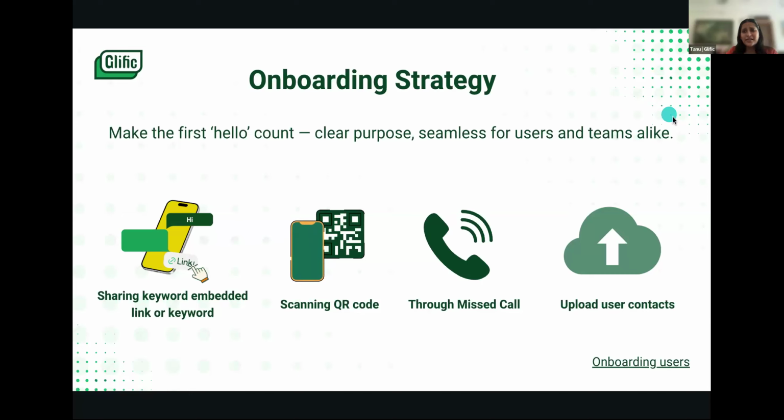The third method, again a fairly intuitive one, is actually initiating a flow by giving a missed call to your chatbot number. This will involve integrating it with Exotel, wherein when you give a missed call, a flow should start. But from an organization's point of view, a very common thing to keep in mind is that this is an additional cost, because you're going to be integrating a third party to make this happen. So yeah, that's also another way.